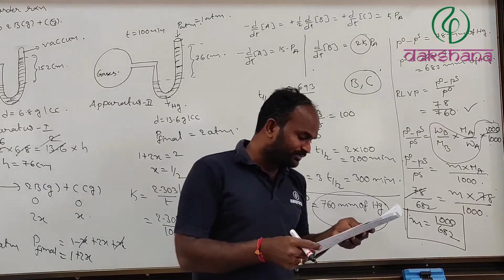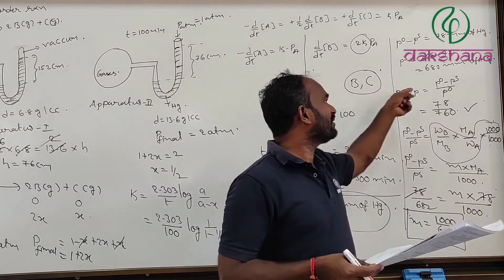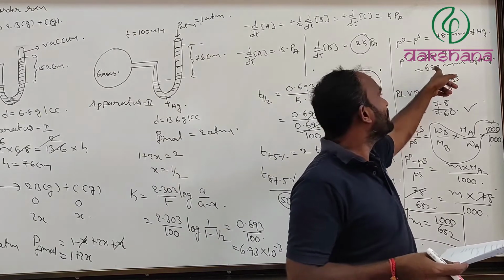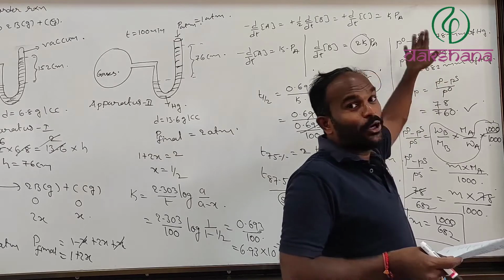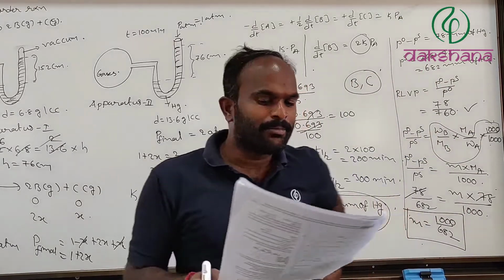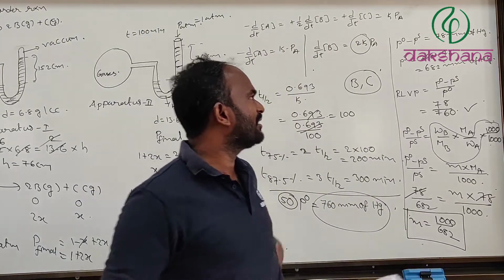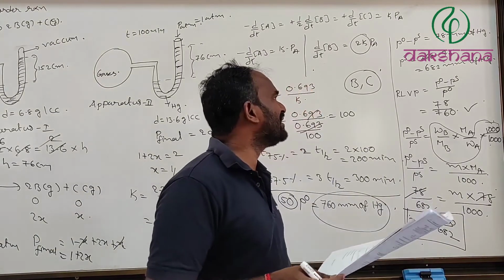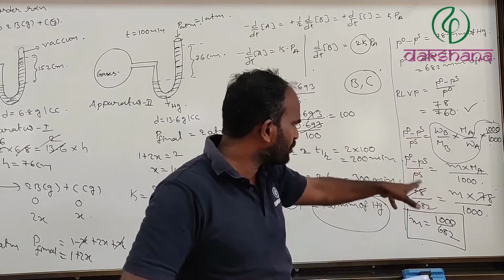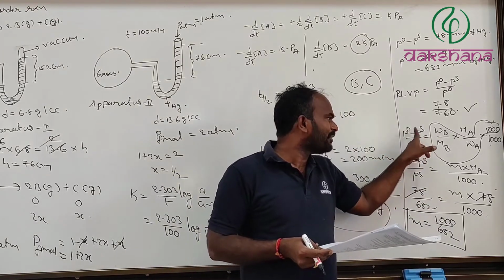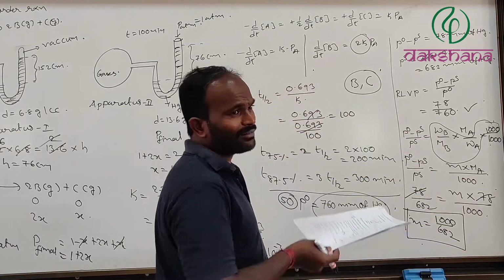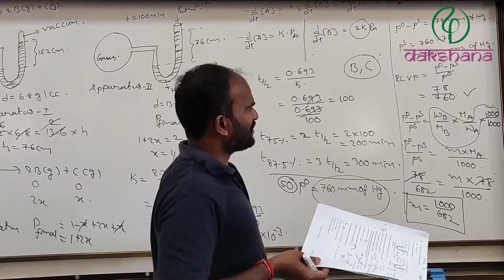Because of the lowering of vapor pressure, if you look at the vapor pressure of the solution, that is 682, which means they have added a lot of solute. The amount of solute which is added is very high, because the lowering of vapor pressure is coming out as 78 mm of Hg. It's not a small thing. That's why we have to treat this one as a concentrated solution. That's why we are applying the formula P0 minus Ps divided by Ps. So of course this is the modified Raoult's law, not the Raoult's law as we all know.